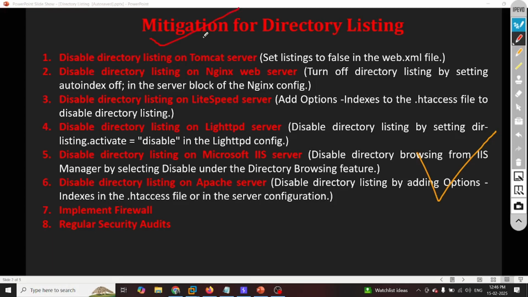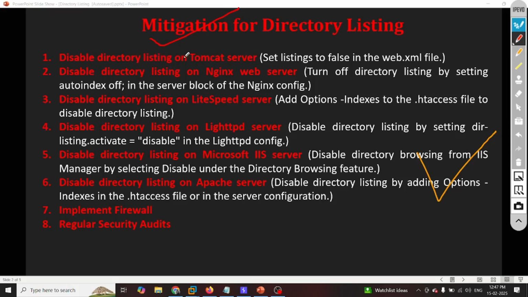They simply say, just go ahead and disable the directories or ban the directory. But it's a generic mitigation, and it's not professional. As a pen tester, as a bug bounty hunter, you should know what exactly you are doing, what exactly you have found, and how one can mitigate it.